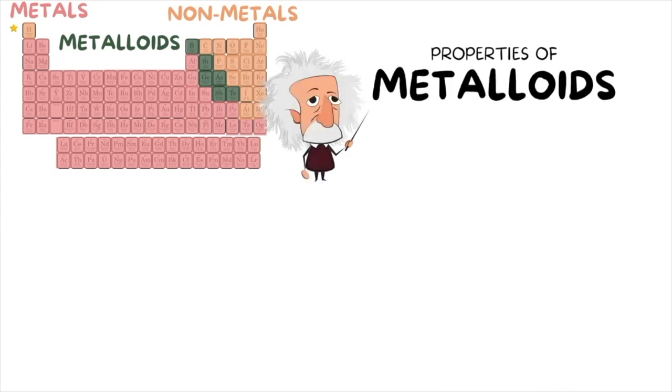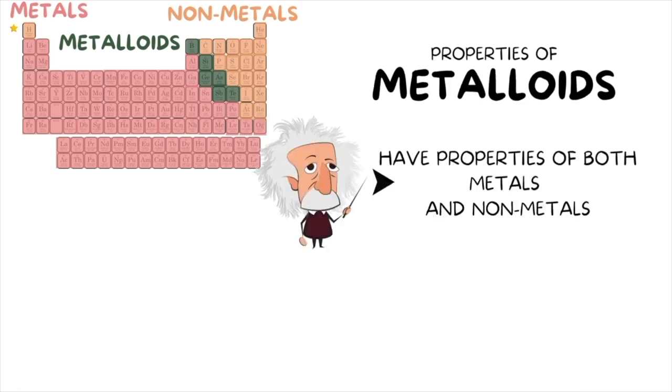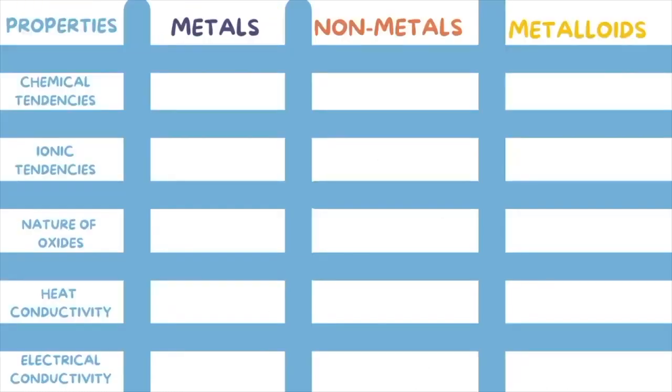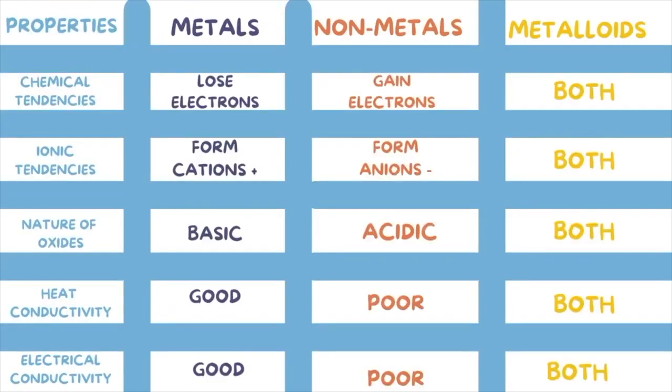Lastly, the metalloids are like a fusion of metals and nonmetals, so they share properties of both. And just remember that these metalloids are found on what look like a staircase on the periodic table, which divides the metals on the left side and the nonmetals on the right side. So I made this chart here with a few other important properties relating to metals, nonmetals, and metalloids. I did it in chart form so you can see the side-by-side differences, so you can go ahead and stop this video if you'd like and take a look at it.